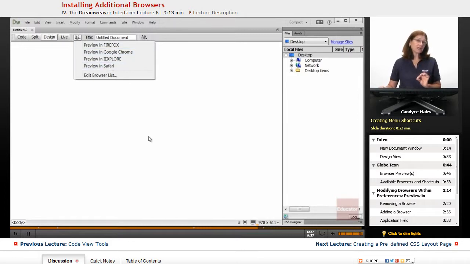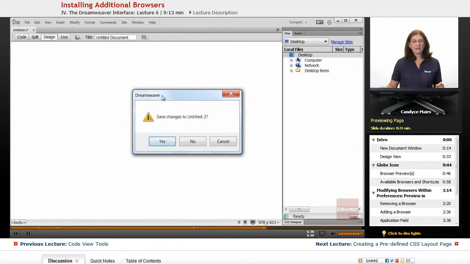So in order to lock in those options within the Preferences area, you need to click the OK button once you're done. Now I'll take this lovely page and I'll preview it in Safari. Now Dreamweaver wants me to save my pages before I do that, and that's fine. I'll click yes. You can see yes is highlighted. You can change this preference, but I tend to keep it the same way, especially if I'm moving into more dynamic pages, drawing from a database. I always want to make sure my page is saved. So I'll go ahead and click yes.